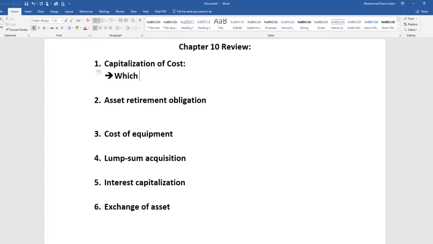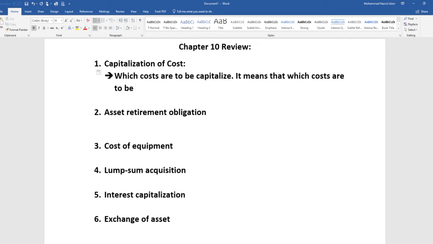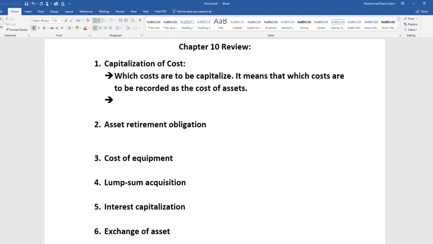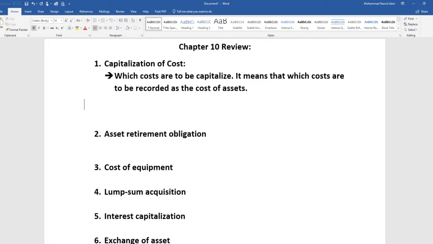So which costs are to be capitalized? It means that which costs are to be recorded as the cost of assets. So one thing that should be noted here is we need to